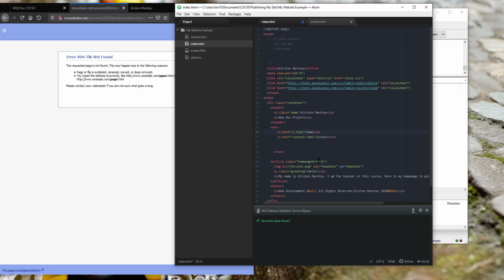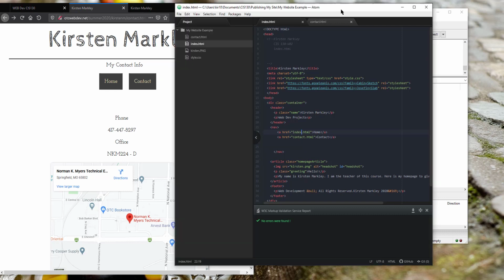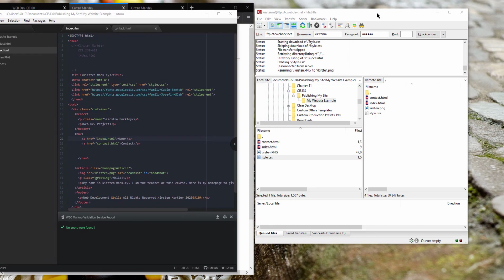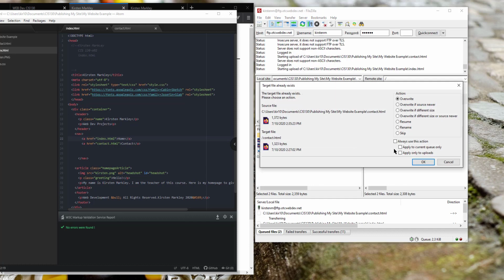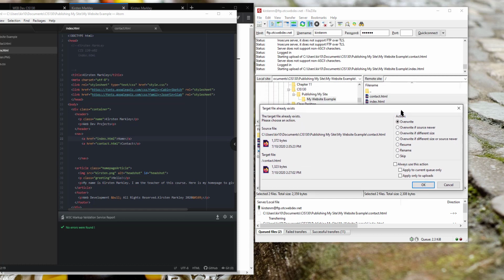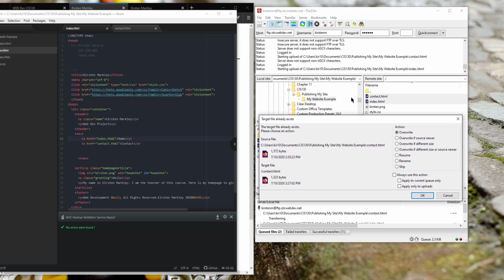All right, so on my local machine, I've changed it, but of course I haven't sent that change up to the live server. So just fixing it here in my editor on my local computer isn't going to fix it up here on the live computer. So I'm going to go back and I need to upload those changes. You can just delete these, I'm sure. If I wanted to, I could right click on those and choose delete. Or I'm pretty sure if I right click on both of these and just drag them up to the live server, I'm going to get a message that says,